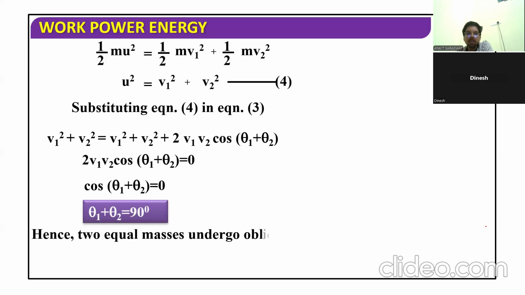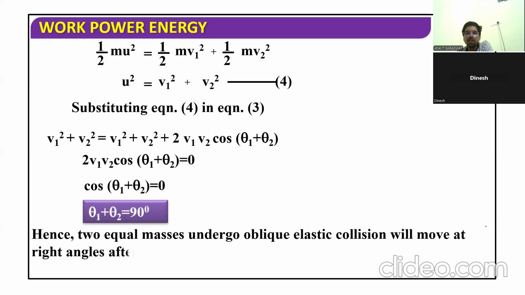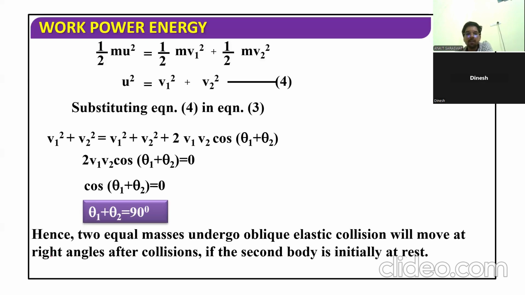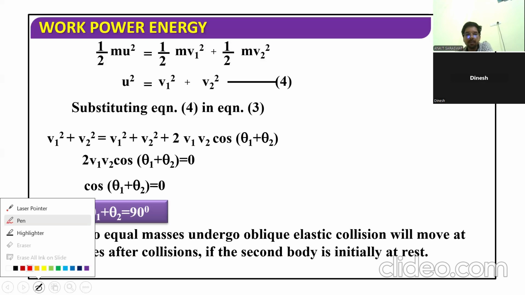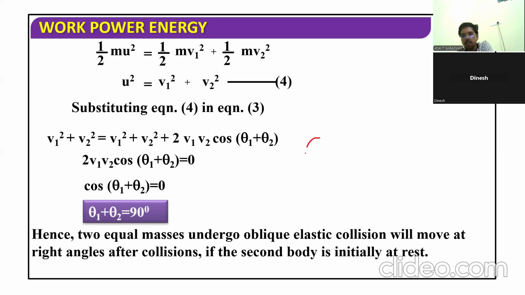So theta 1 plus theta 2: two equal masses that undergo an oblique collision will move at a right angle after collision. Very, very important. See, this body has mass m. This body also has mass m. After collision,